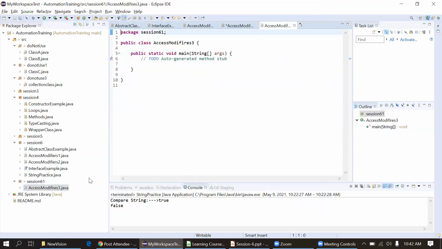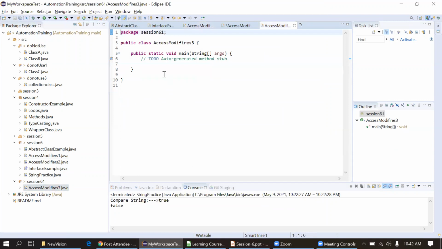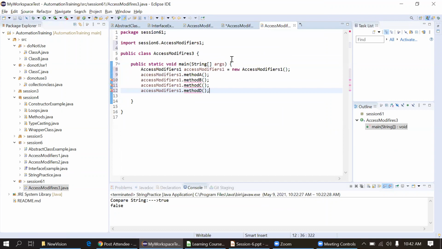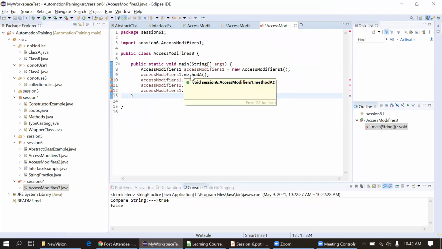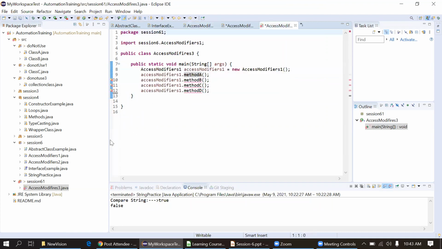Okay. So what will I do? I simply call those methods again in this new package. I'm copying all the methods, calling them by creating the class object, and simply pasting it into the other package. Now here you can see I'm not able to access 3 methods, actually. This method A is public, as you know. I will go inside this method. It's public, so there is no issue in accessing this method.